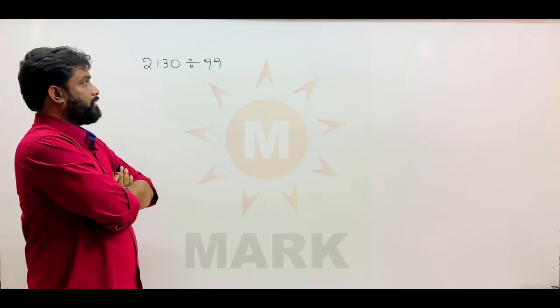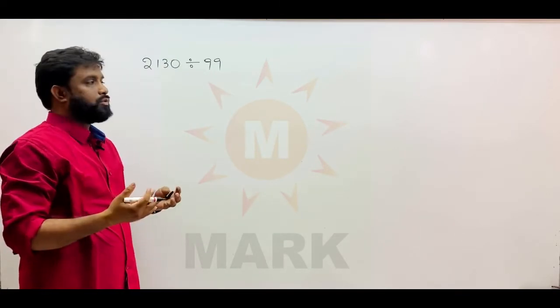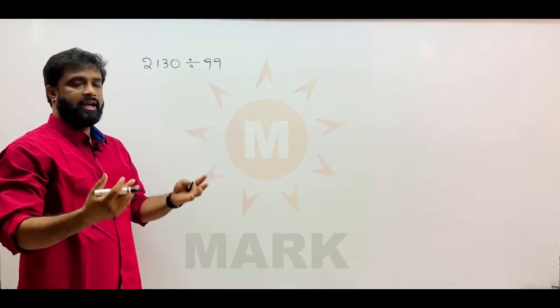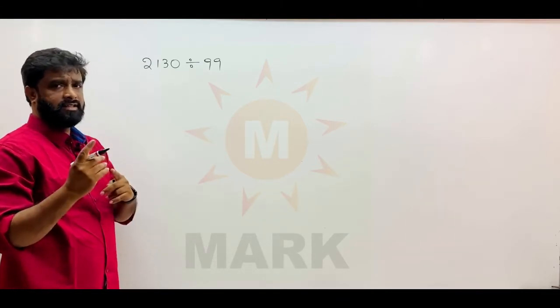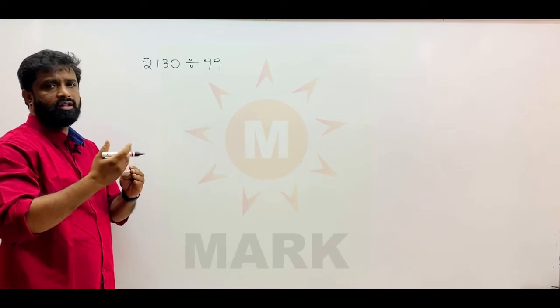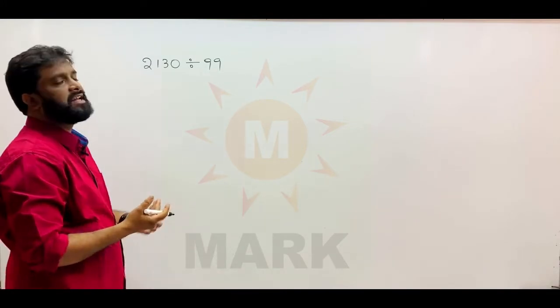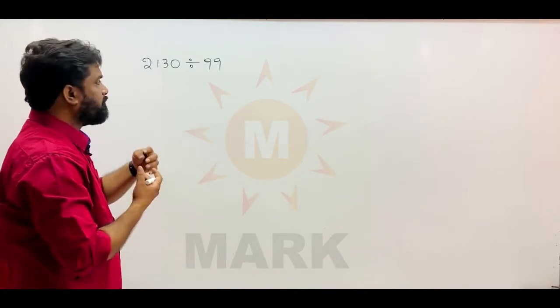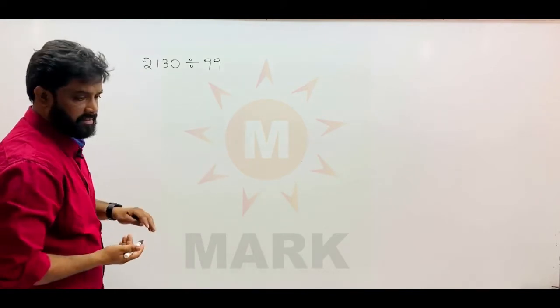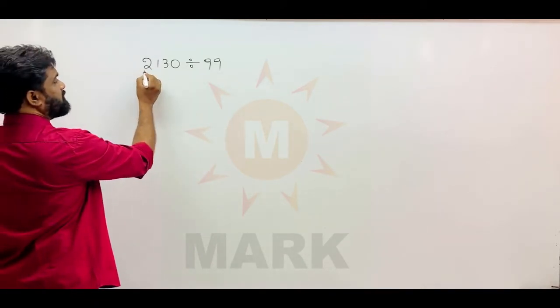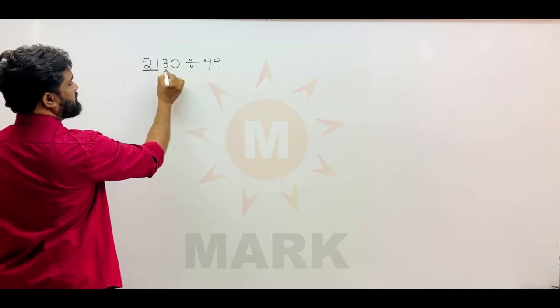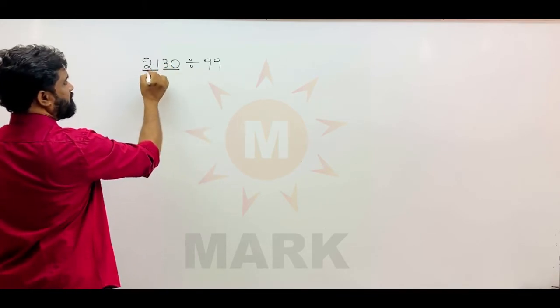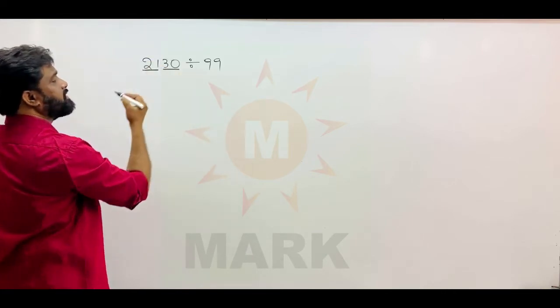Okay. Friends, now we will extend this topic to divided by 99 also. So same technique. Instead of 9, which is a single digit number, where we are adding on the basis of one number, since 99 is a 2-digit number, we will be adding it on a 2-digit number basis, right? So suppose here, we will divide the number into two-digit sections. So 21 is a set and 30 is a set.